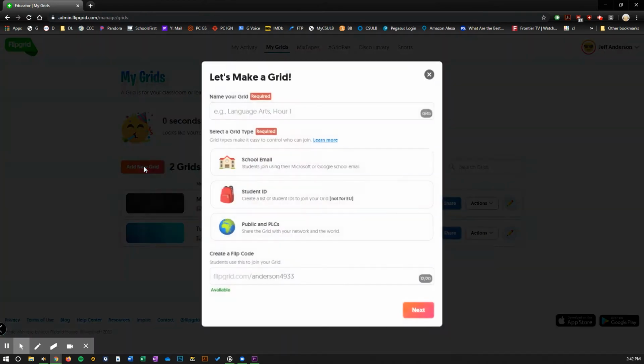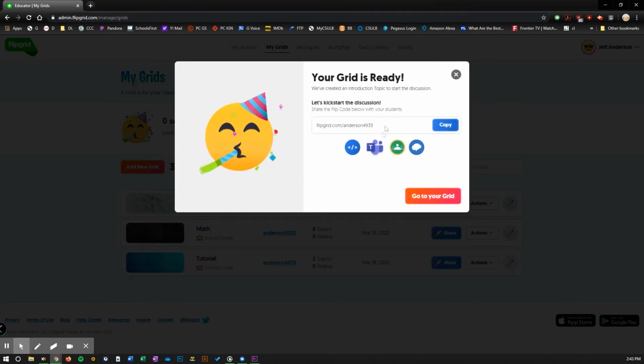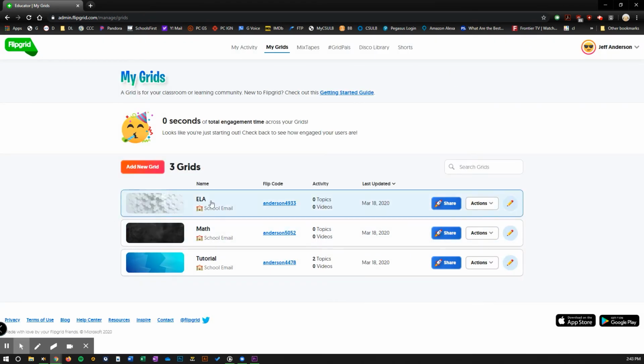And then we can have one set up for ELA and every other subject that you would want to have a folder for. So you can view a grid as a folder, and all assignments specific to that subject will go in that folder. So once again, we will do the same thing, and I continue to allow the Gmail account just because my other accounts are Gmail, and so I can post some examples. So now we have an ELA folder, a math folder, and a tutorial folder in which we are able to